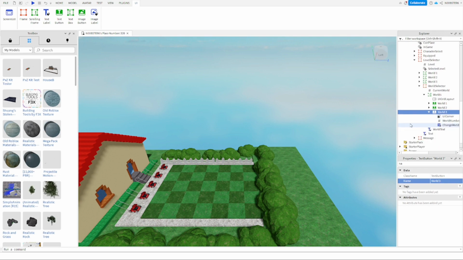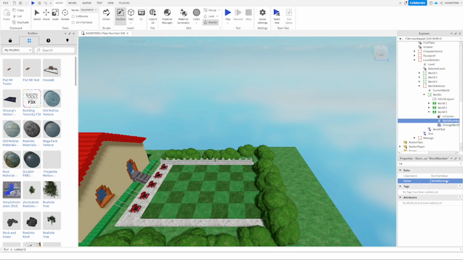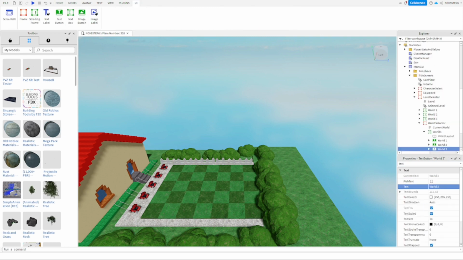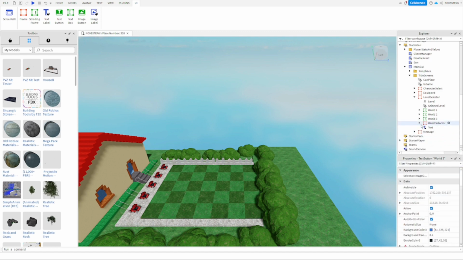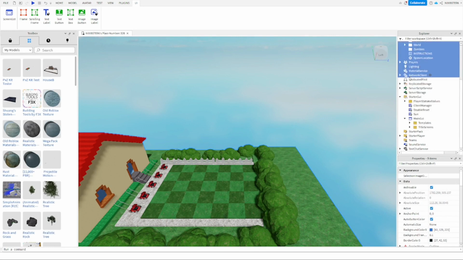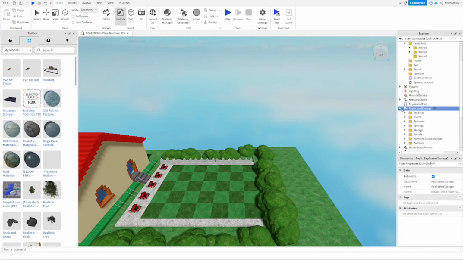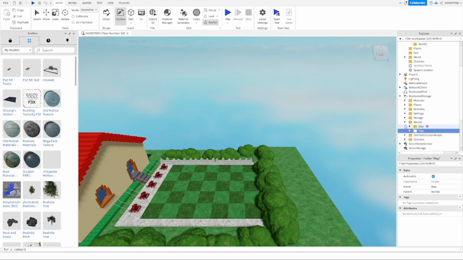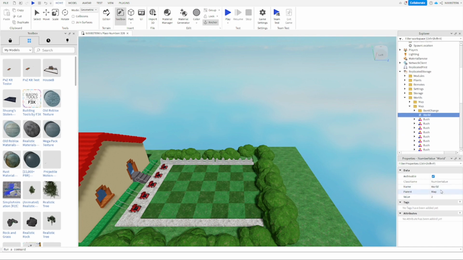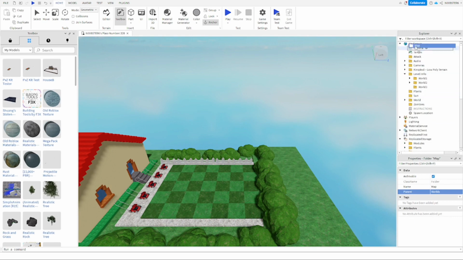You can customize this, you can change the color, whatever you want to do. And then you're also going to want to update this value to be 3. First of all, update this text to be world 3. And then inside replicated storage, go down to worlds, and then you're going to want to add another map. I'll just duplicate it and use the same one, but you want to update this value to be the world 3 map. And to create a map, you literally can just